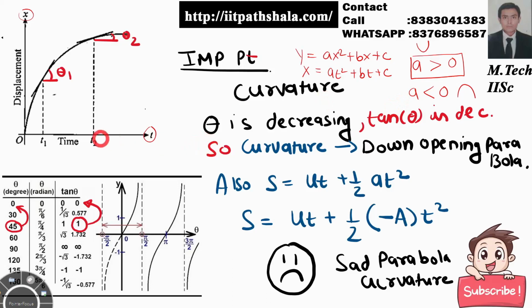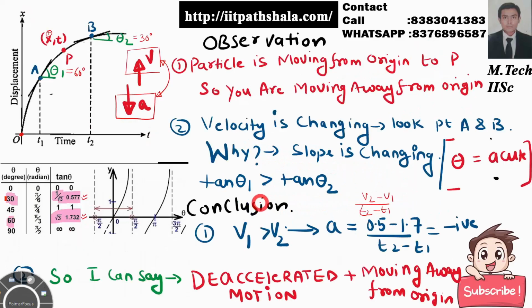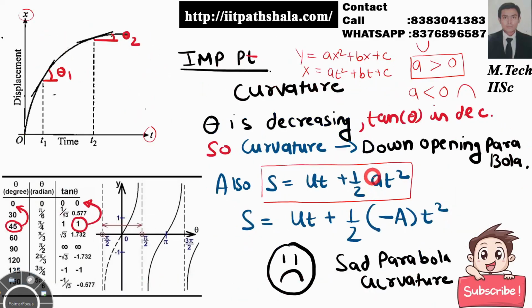Okay, so as you can see over here, if I write the equation of motion s = ut + ½at², from the previous analysis I have the value of acceleration to be negative. Just put the acceleration value over here, which is coming out to be a certain negative value. So this equation is comparable to this equation. Instead of s you can have x over here.